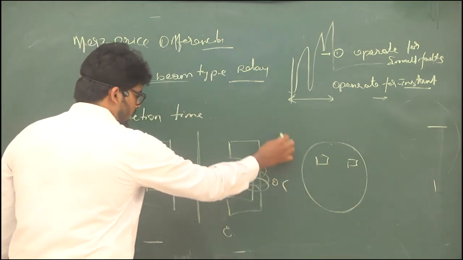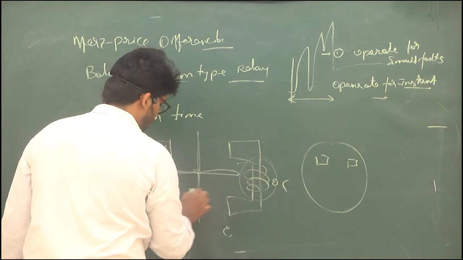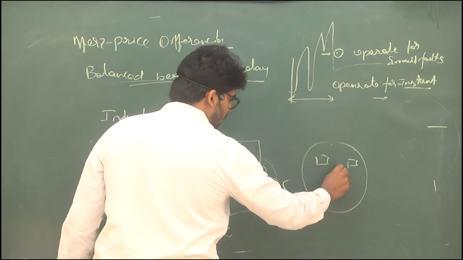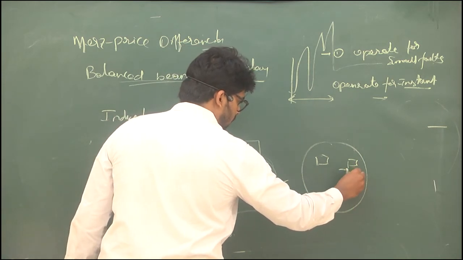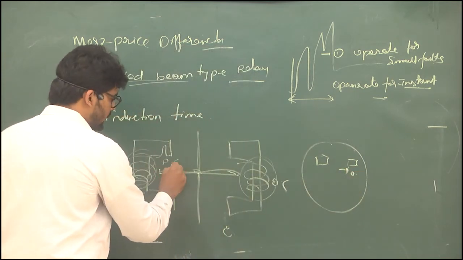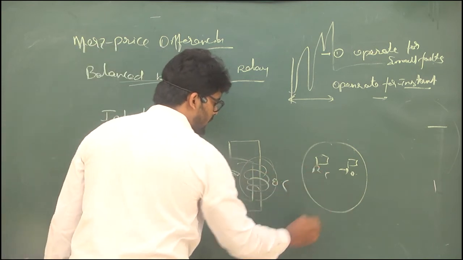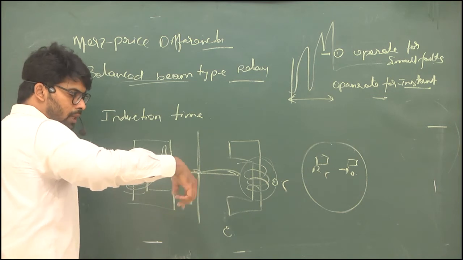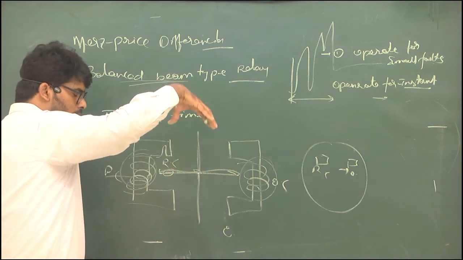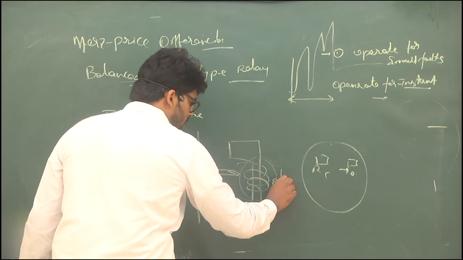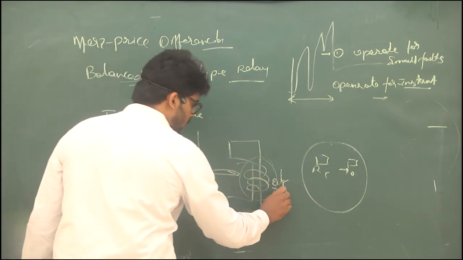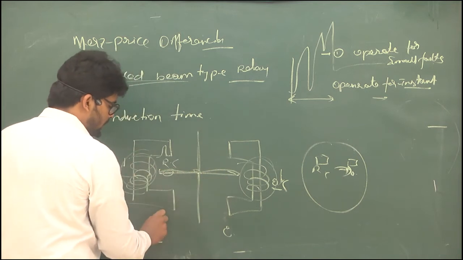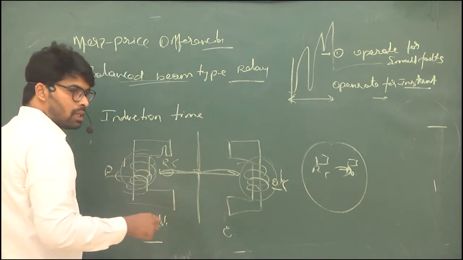Whenever the fault occurs, this restraining coil or operating coil will move the disk, depending on the operating force or the restraining force. Let us say this is the top view of this coil and disk. The disk will be rotated like this. If you look at the top view, based upon the excitation, say, if the operating coil is excited, the force will be like this. So this will be connected to a trip circuit. You all know this induction type.